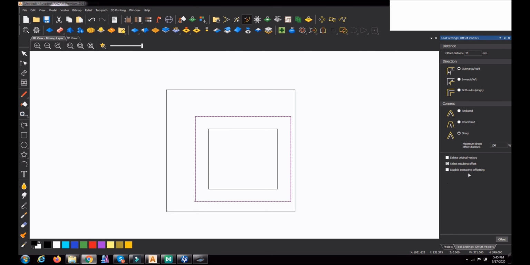With interactive offsetting, we can create any offset by just picking up the line and moving it like this, but the value will not be very exact. If you want an exact value, you can tick this to disable the interactive mode. Then I am just clicking on this and will not be moving.